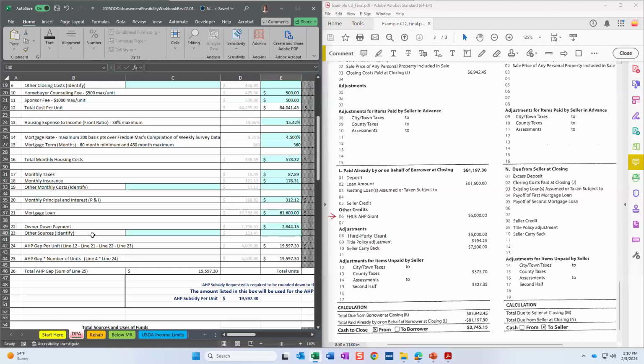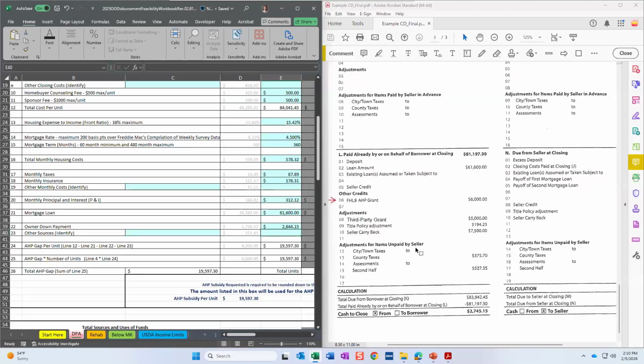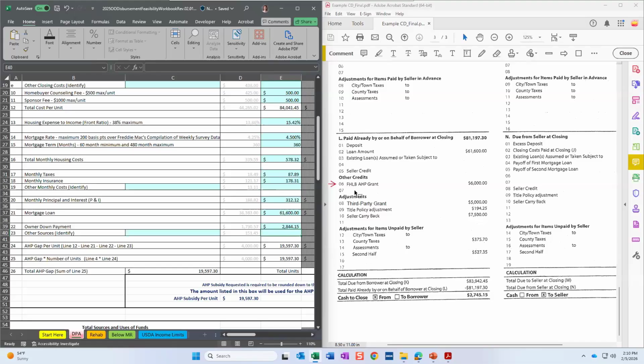Then we're going to put in all of our other sources. So this is going to be coming to section L here. We're going to be looking through all of our other sources of funds that are at play here and making sure we total them all up here. Again, we know there's one line, so you can kind of put a generic description over here of all the line items that are going to be happening here. But then we'll sum them all up into this line here. So you can see we have the AHP funds.